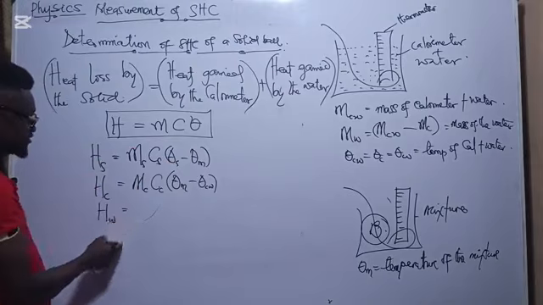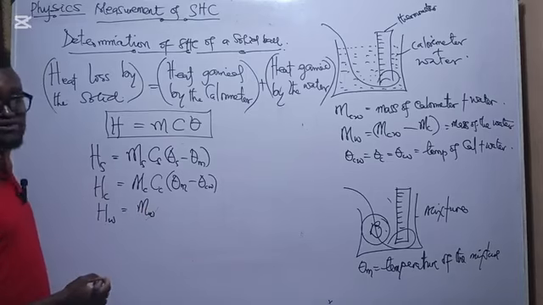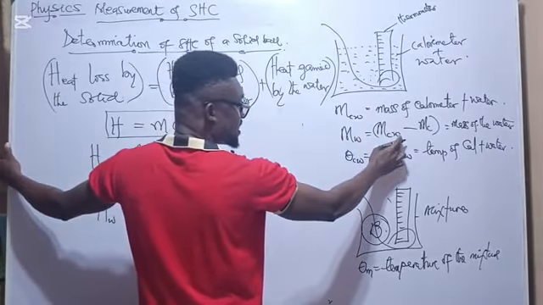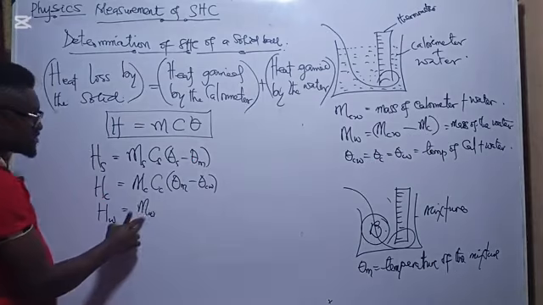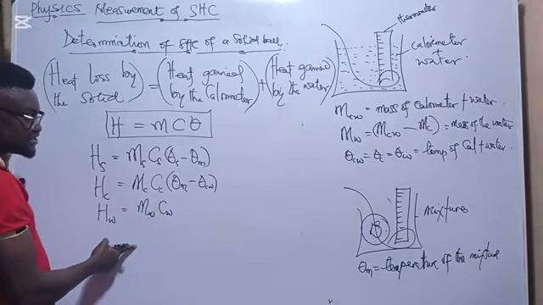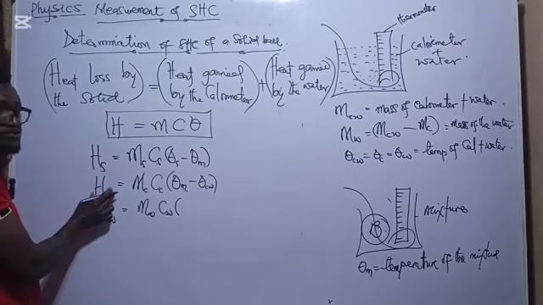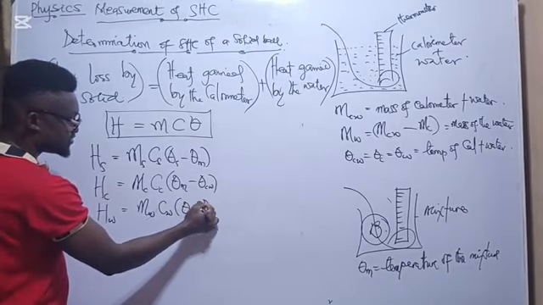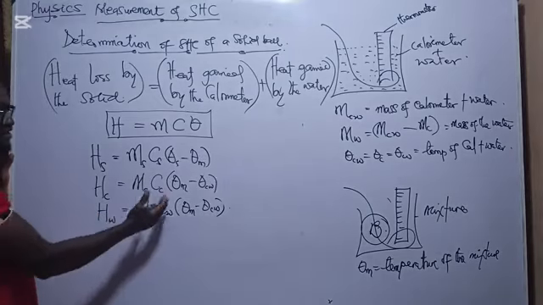Then again, we have the heat absorbed by the water. So the heat absorbed by the water will now be the mass of the water. Of course, you know how we got the mass of the water: it is the mass of the calorimeter and the water minus the mass of the calorimeter. So here we have the mass of the water, we have the specific heat capacity of the water, okay? Then the temperature difference of the water is the same as the temperature difference of the calorimeter. So here we have theta M minus theta CW. So in this case now, we've got all the required